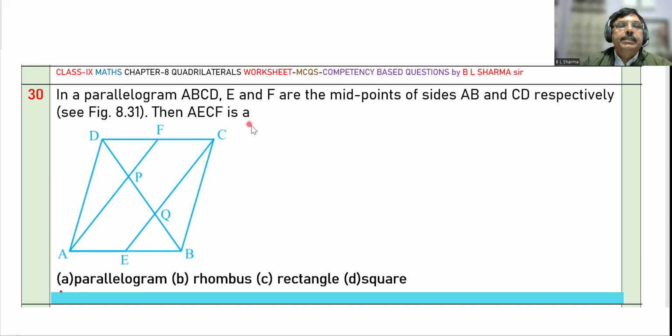In a parallelogram ABCD, E and F are the midpoints of sides AB and CD respectively. See the figure, this figure is 8.31. I think it is in your NCERT book. Then AECF is, AE and CF, what will it be? See,